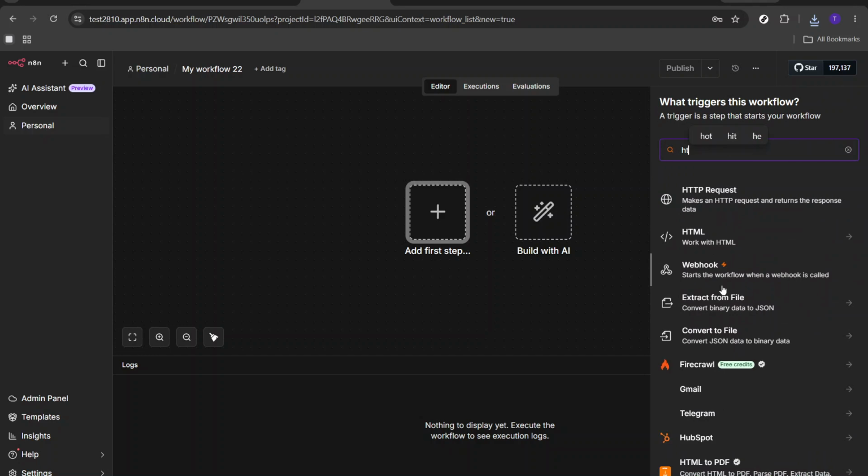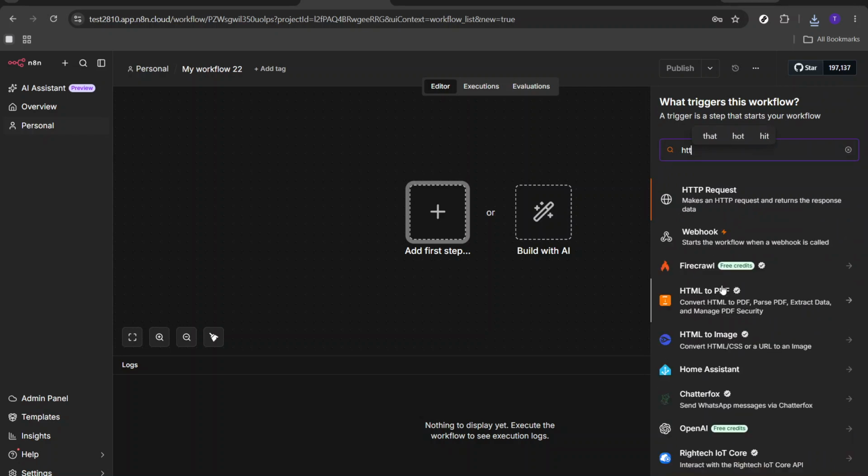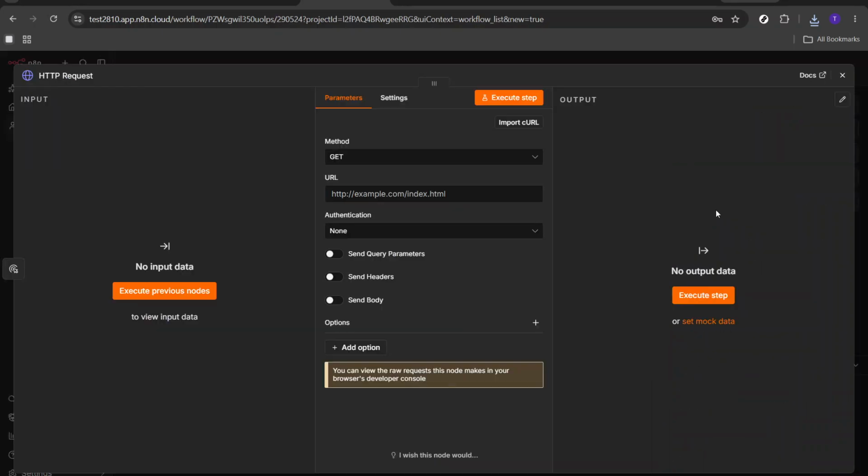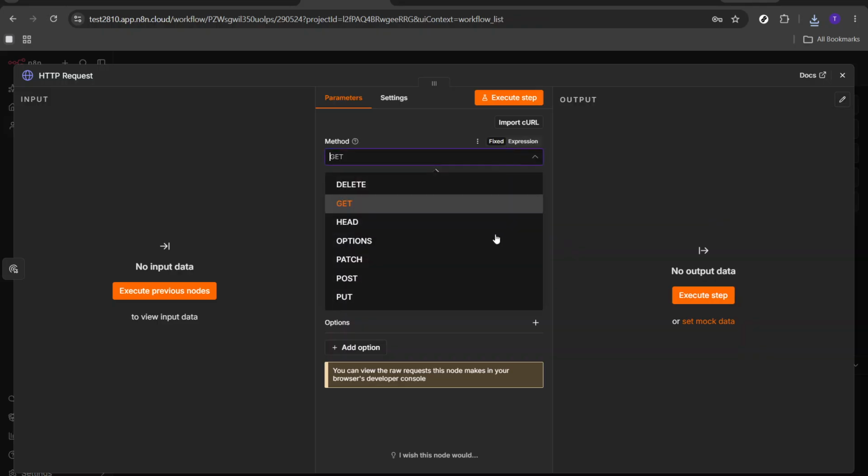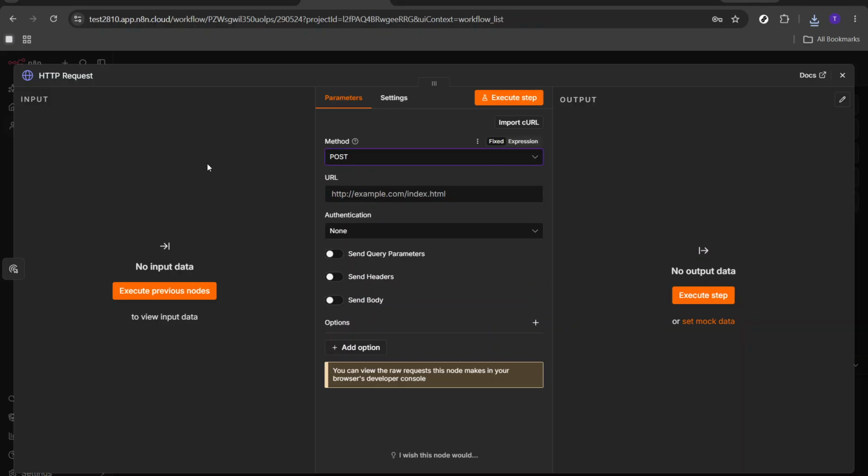Now that we have our workspace set up, it's time to incorporate an HTTP request node into our workflow. Nodes are key elements in n8n. They act like building blocks, performing specific tasks that make up your workflow. The HTTP request node will handle communications between n8n and ComfyUI, facilitating data exchange and ensuring that everything functions smoothly. To add this node, locate the node selection option, search for the HTTP request node, and simply drag it onto